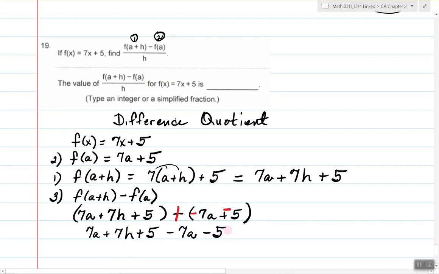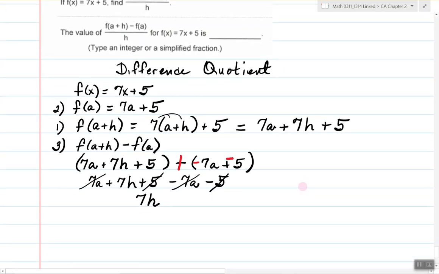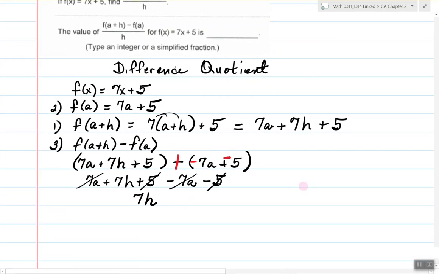If you've done it correctly, some of the terms will cancel out. Positive 7a and negative 7a, positive 5 and negative 5, and you are left with 7h. The answer to part 3 will always have just a term with h. Step number 4,